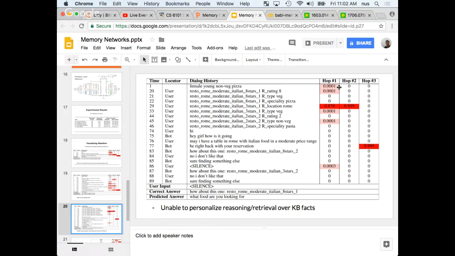Yeah, I think these three sets of slides illustrate the flaws in a typical memory network, in the sense that it's not able to personalize the response based on previous dialogues. So if you look at this particular slide over here, it says